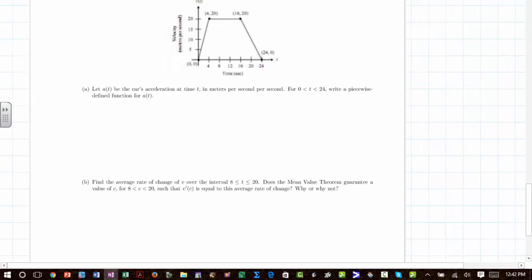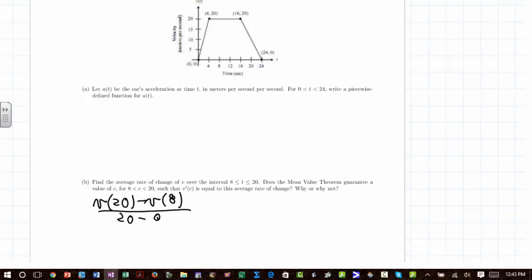Let's try that. All right, find the average rate of change of velocity on the interval from 8 to 20. So the average rate of change in velocity is going to be the value of the velocity at 20 minus the value of the velocity at 8 divided by 20 minus 8. So there's our average rate of change equation. The value of the velocity at 20,